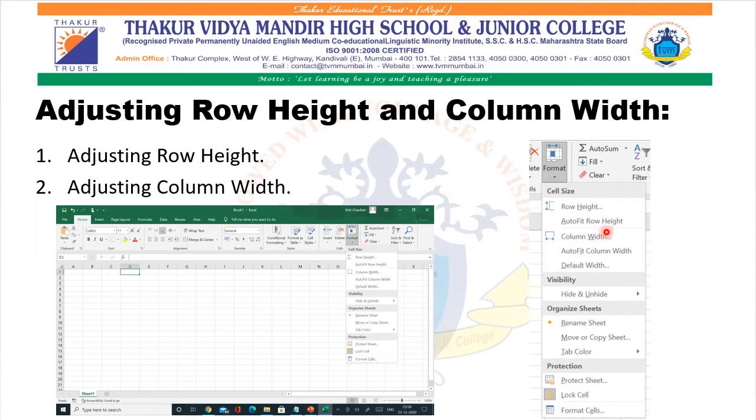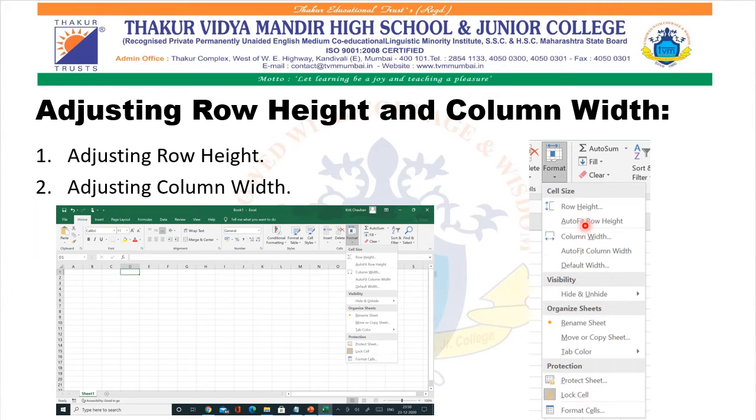These are the four features that will help you to adjust the height and the width of the cell. Now AutoFit Row Height and AutoFit Column Width will adjust the cell according to the size or the height of the text contained in a cell.